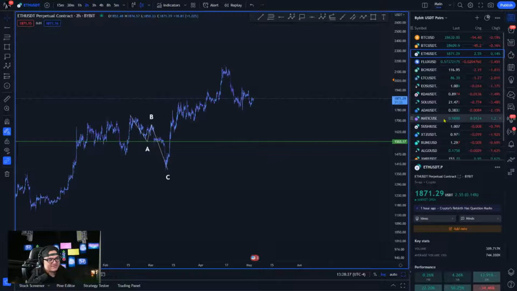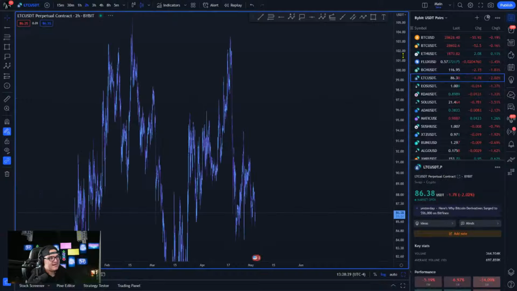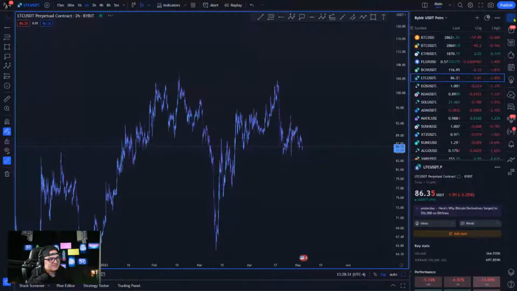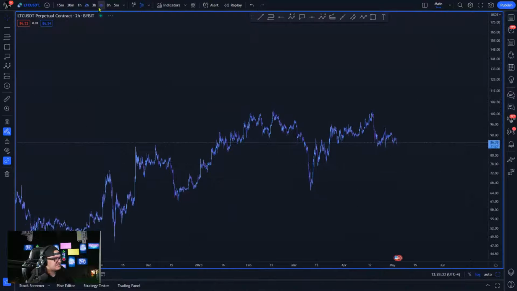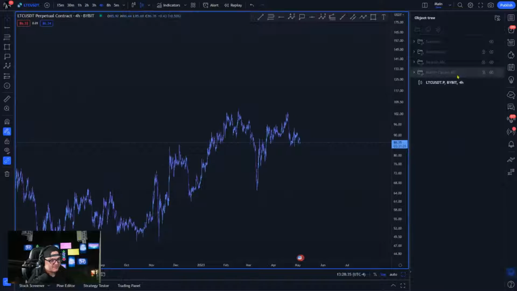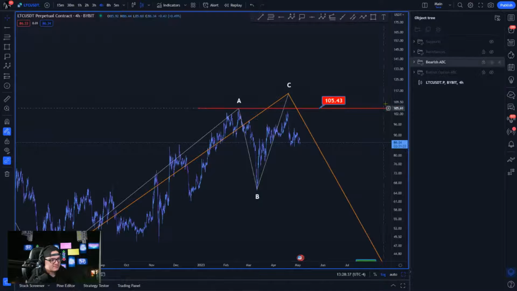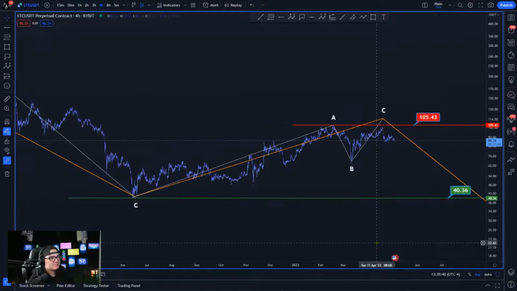All right, let's move on to LTC real quick. Unfortunately, with LTC, I've been keeping my eye on it, but I haven't necessarily been paying too much attention to it just because I'm waiting for a more exact level to be tested. To me, the most important pivot